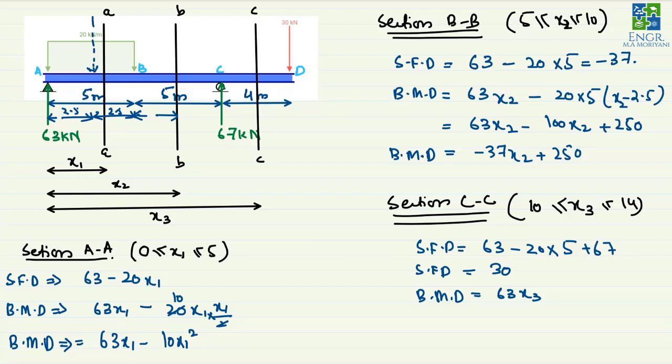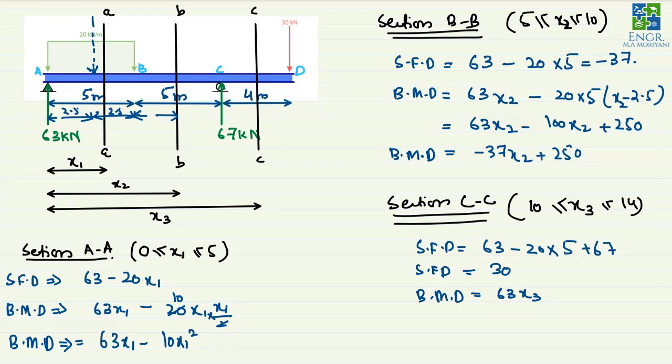And then we have this uniformly distributed load, which is downward, which has the total magnitude of 100, because 20 into 5 is equal to 100, and this is acting at a distance of 2.5 meter from this left corner and 2.5 meter from this right corner. So the moment arm for this 20 kilonewton per meter uniformly distributed load will be generated by the equivalent load, which is exactly at the center. So this should be x3, because x3 is the total distance from the left of this member to this CC section.